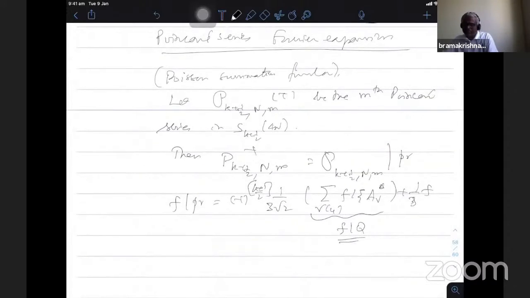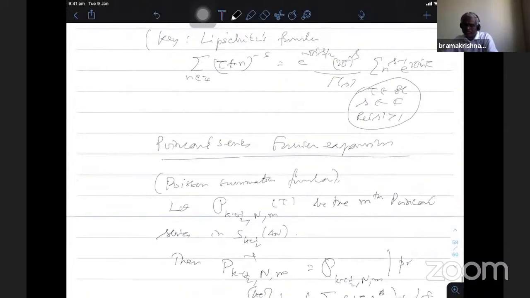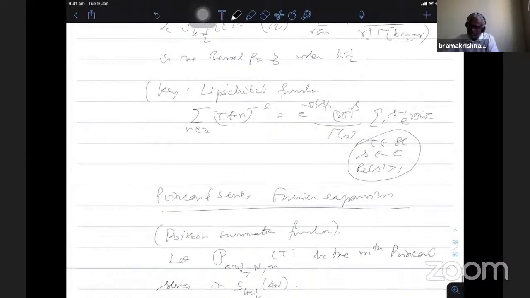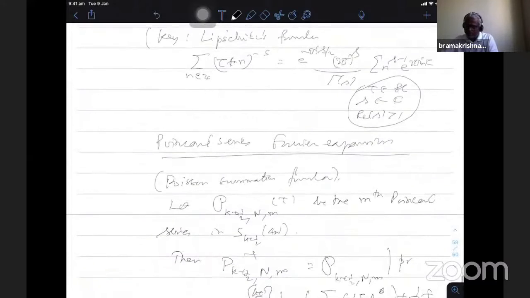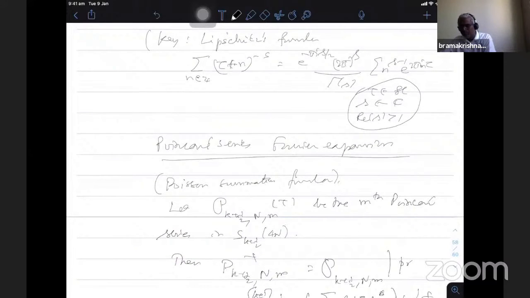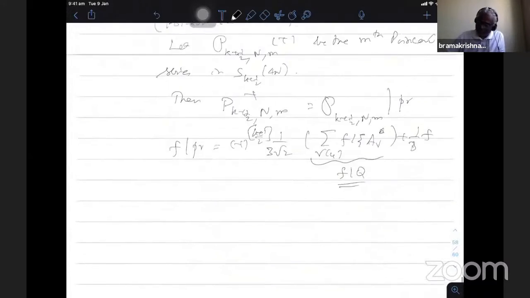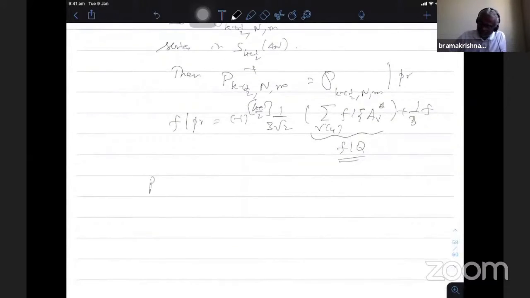Then he finds, using the Poisson summation formula, one can find the expansion for the script P Poincaré series, which is in the full space, and then after that you use the projection operator and find the Fourier expansion of the Poincaré series in the plus space. So that is the proposition. Again, this involves a lot of computation.